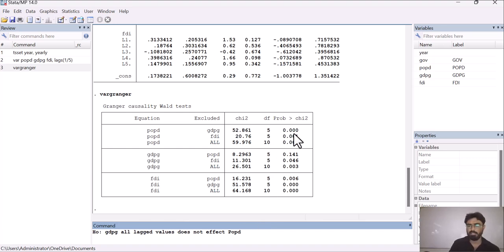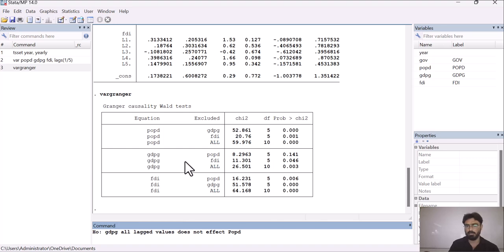Here the probability value is less than 0.05, so we can reject the null hypothesis and we have to accept the alternative hypothesis, which means that GDPG all lag values do affect POPD in the short run.